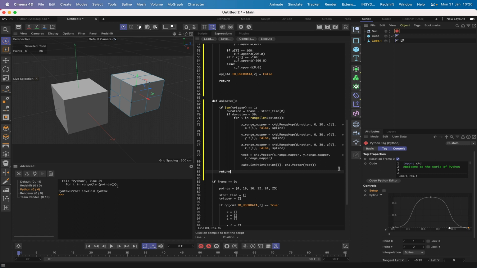Actually, I've made a deliberate mistake. Have you spotted it? What I've done, well, in fact, there's two deliberate mistakes. Point should be points. That's sorted that one out. But I should have also put